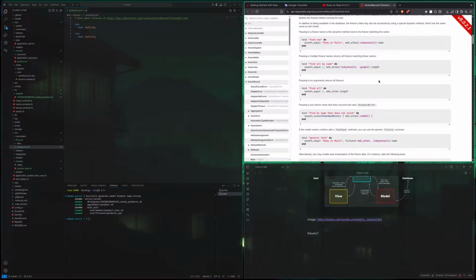The syntax is very special, but I guess let's make a section with fixtures.